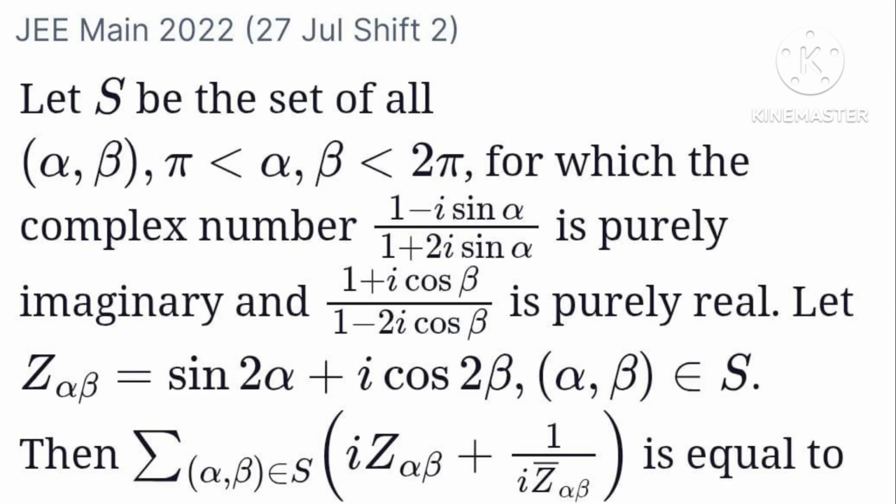So let S be the set of all alpha, beta, where pi is less than alpha, beta less than 2 pi, for which the complex number 1 minus i sin alpha by 1 plus 2i sin alpha is purely imaginary, and 1 plus i cos beta by 1 minus 2i cos beta is purely real. Let Z alpha beta be 2 alpha plus i cos 2 beta, with alpha beta belonging to S. Then the summation over alpha beta belonging to S of i Z alpha beta plus 1 by i Z bar alpha beta is equal to